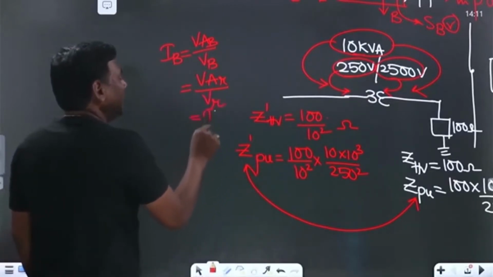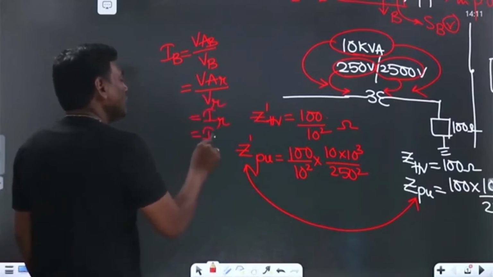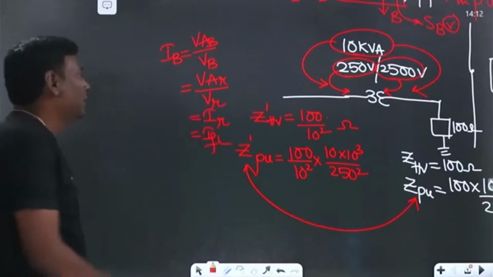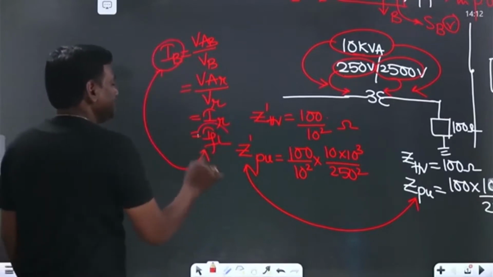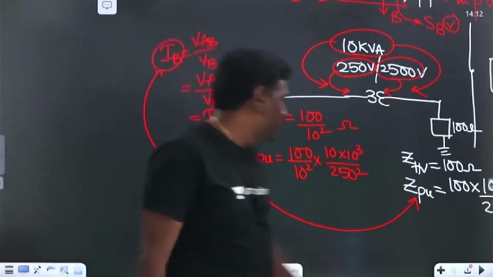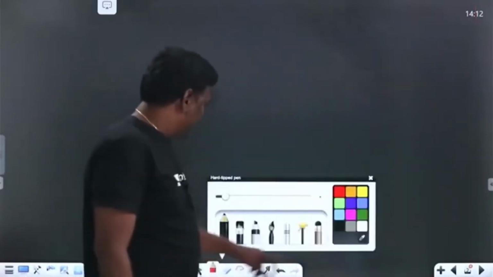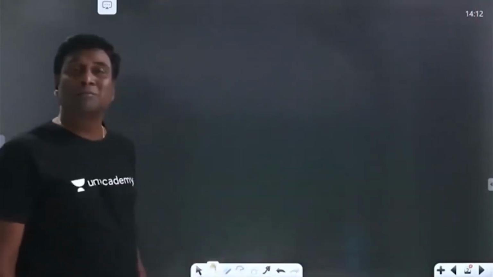So it's going to be I rated or not? I rated or I full load, anything is same. Okay, so base value of current is nothing but full load value of current. Problem solved. Now let us consider two equations which are very much important for us.